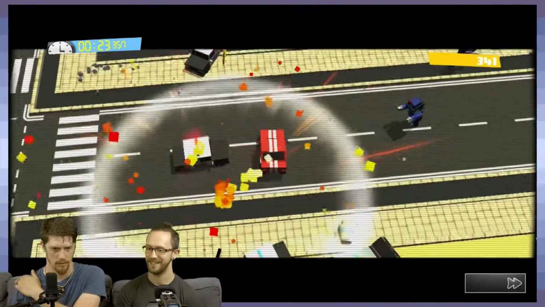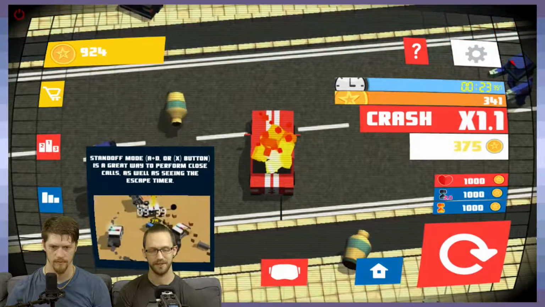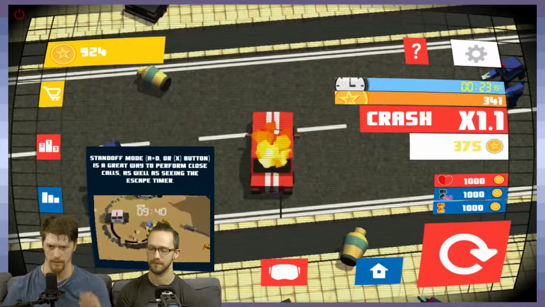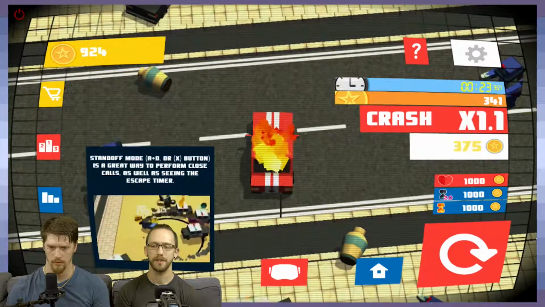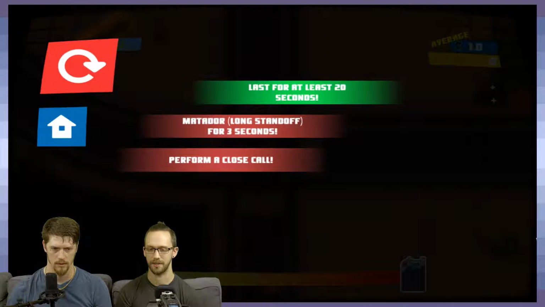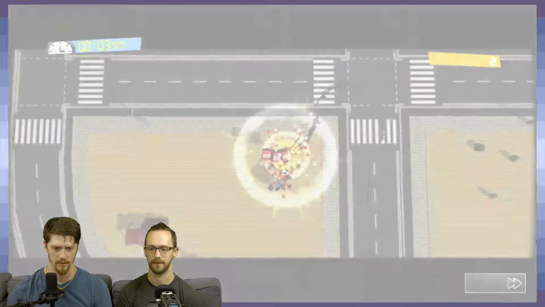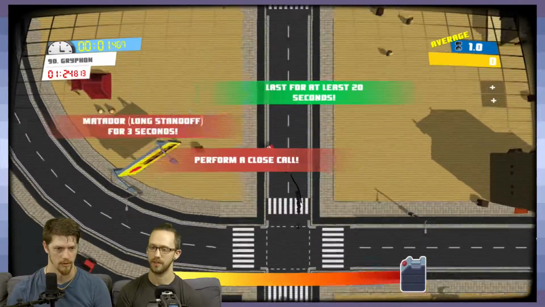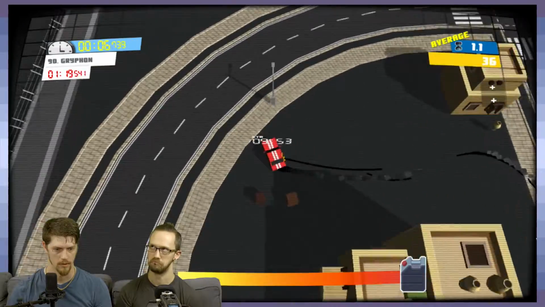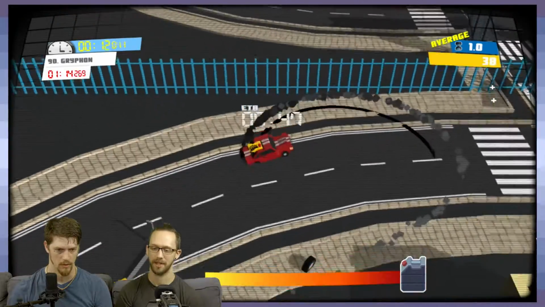Alright. So the 3rd goal. Yeah, so now you level up. I don't know what that does, to be totally honest. Maybe it increases my crash modifier, because I have crash times 1.1. Did I always have that? I think that's just based on your performance. Last for at least 20 seconds, which you've already done. You have to perform a close call and do a standoff that lasts a very long time. Maybe it's not cumulative. Oh, maybe it's just this. Yeah, I don't think you actually have to be...